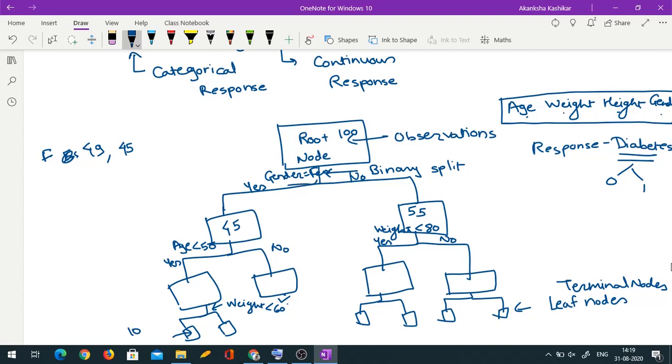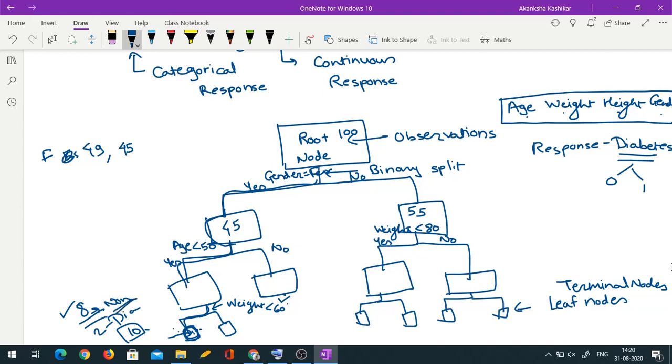Okay, so I would start from here. Initially gender female, so I would go to this branch. Then age less than 50, so I'll again go to left branch. Weight less than 60, so I'll again go to left branch. So the female would land up here. Now how do I predict class? From my training data, I have suppose 10 observations sitting over here. I would see what is the class of those 10 observations. So suppose out of these 10, 8 are non-diabetic and 2 are diabetic. Then I would say that majority of this class is non-diabetic. So if a new observation ends up in this class, I would conclude that it is better to classify it in a non-diabetic